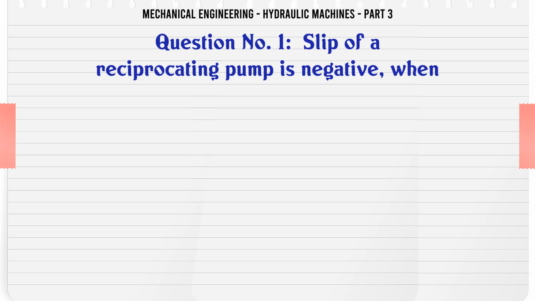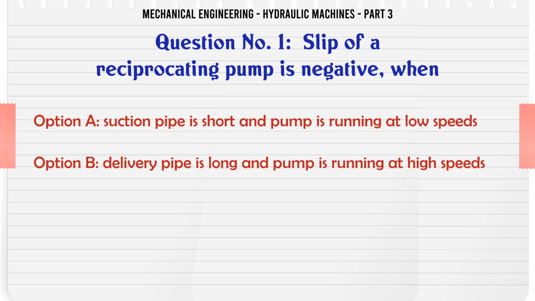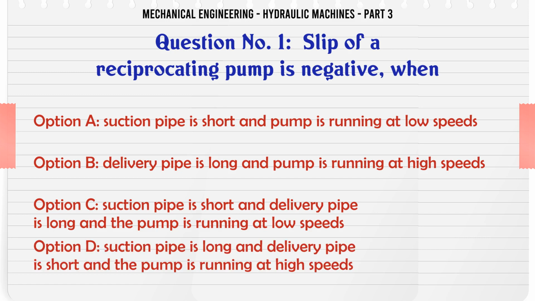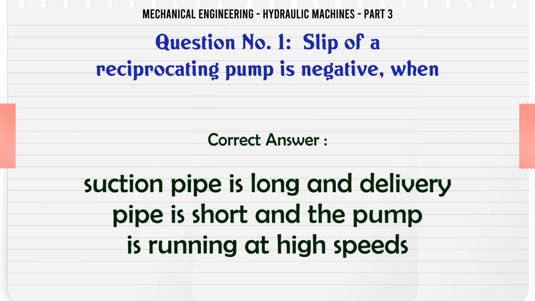Slip of a reciprocating pump is negative when: A. Suction pipe is short and pump is running at low speeds. B. Delivery pipe is long and pump is running at high speeds. C. Suction pipe is short and delivery pipe is long and the pump is running at low speeds. D. Suction pipe is long and delivery pipe is short and the pump is running at high speeds. The correct answer is suction pipe is long and delivery pipe is short and the pump is running at high